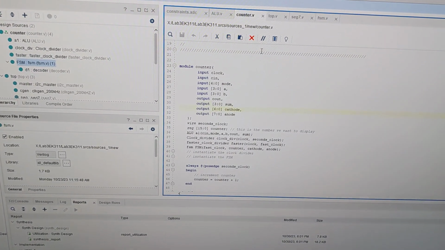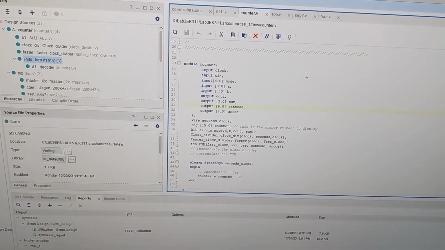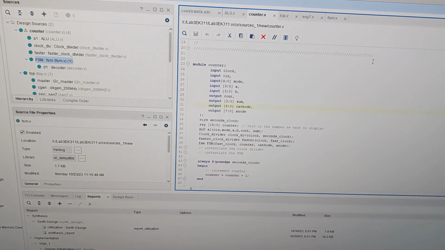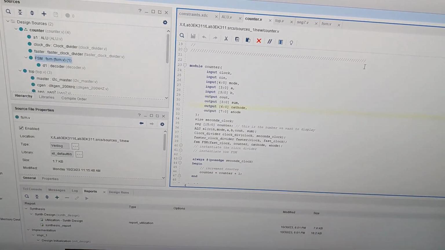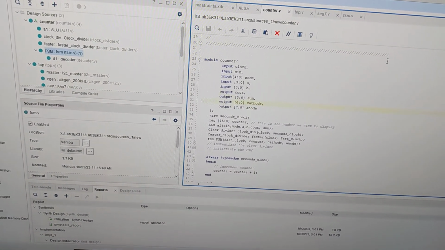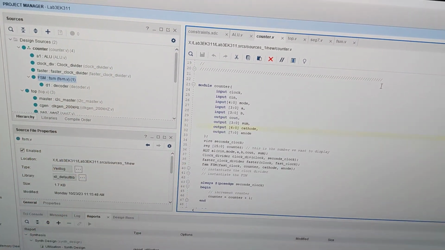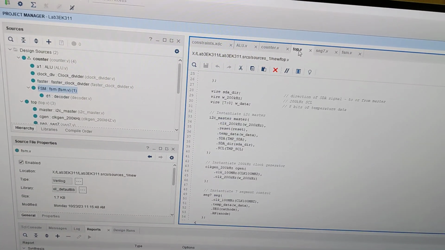All right, so for our project, we implemented a counter, and basically we used the clock, and on every output it just counts on the LCD screen. You can see the code over here implements it, and then if we go to the top, this is for our